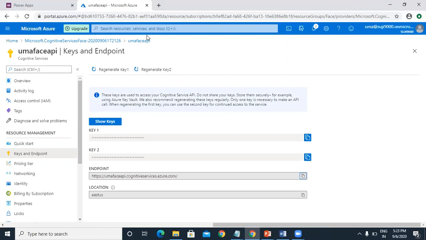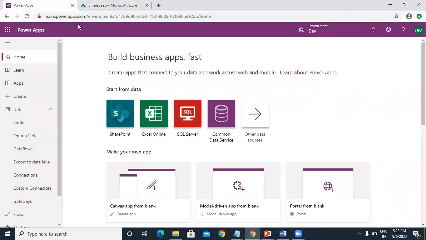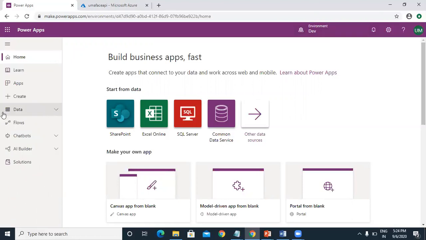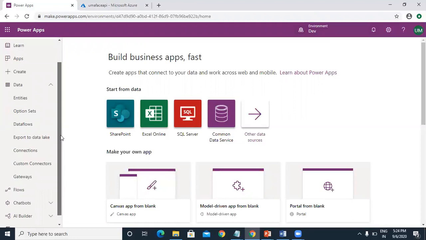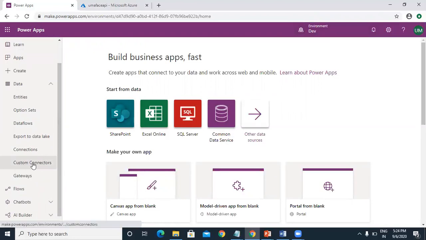To create a custom connector, you need to log into powerapps.com. Once you log in, select your right environment and expand Data. Under Data, you can see Custom connectors.